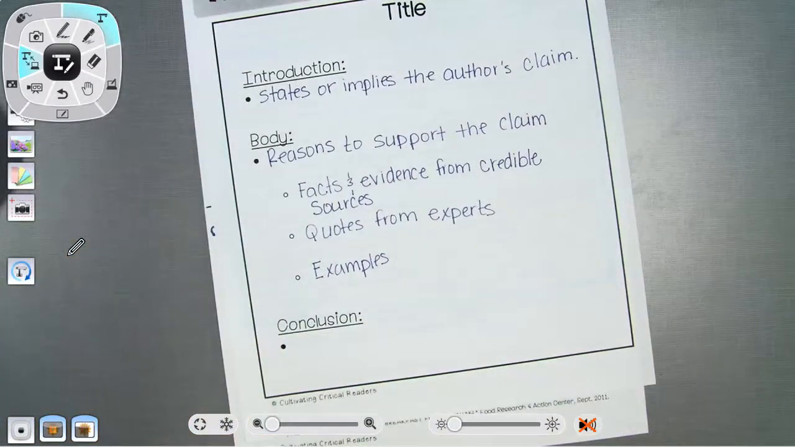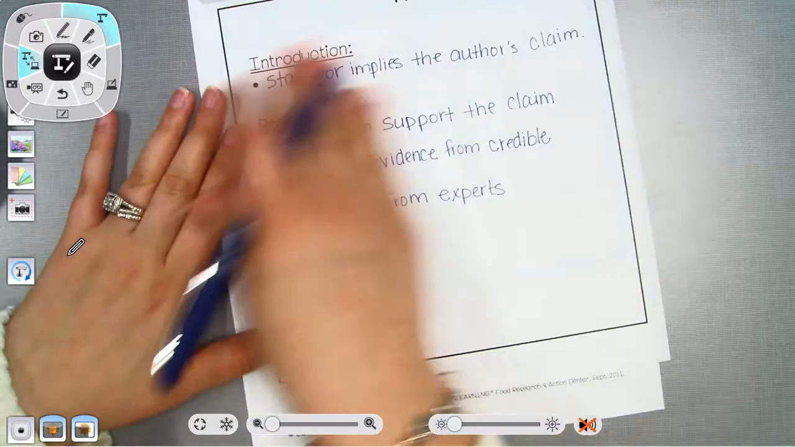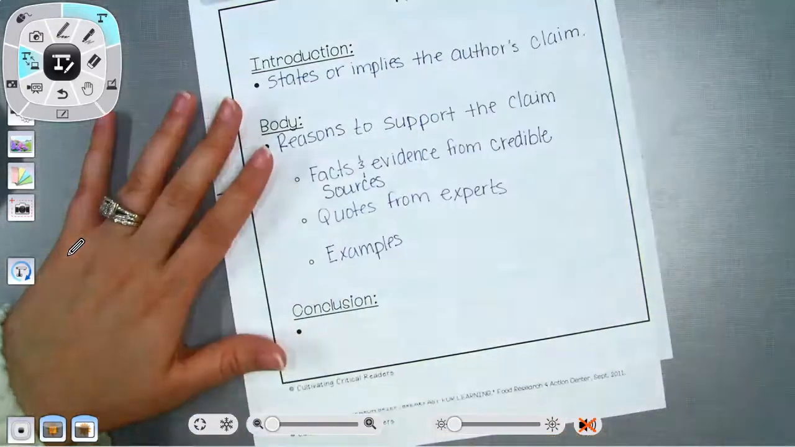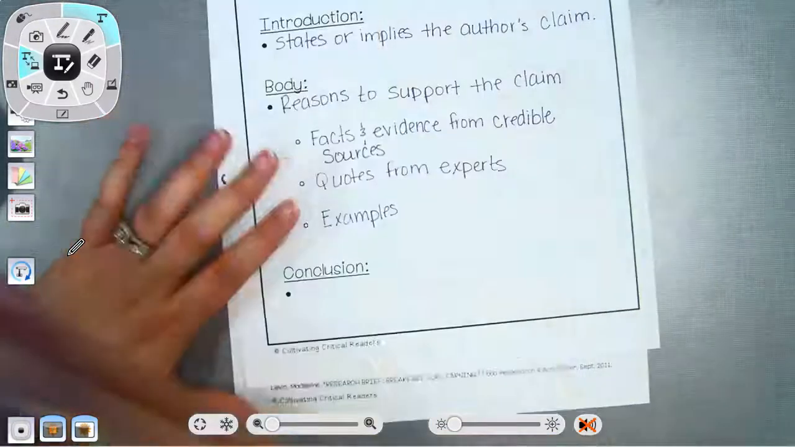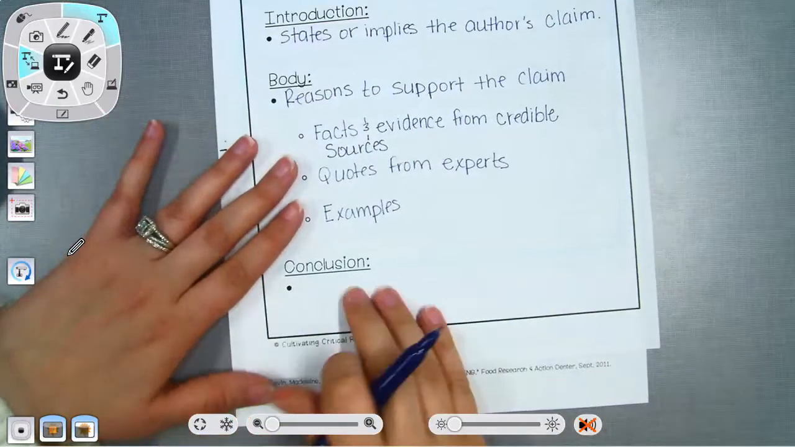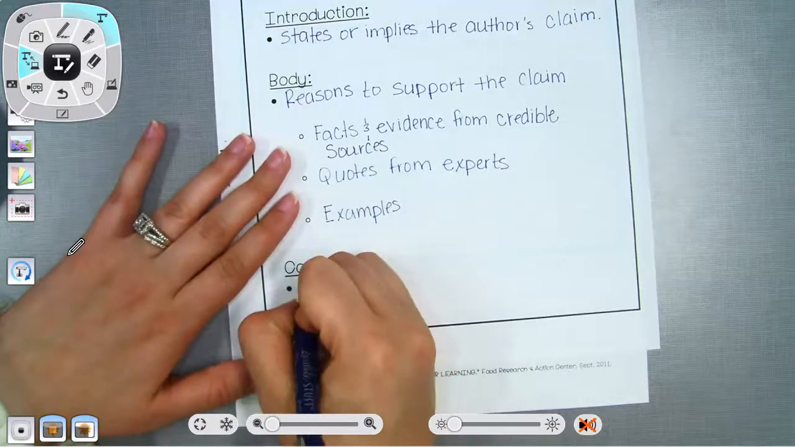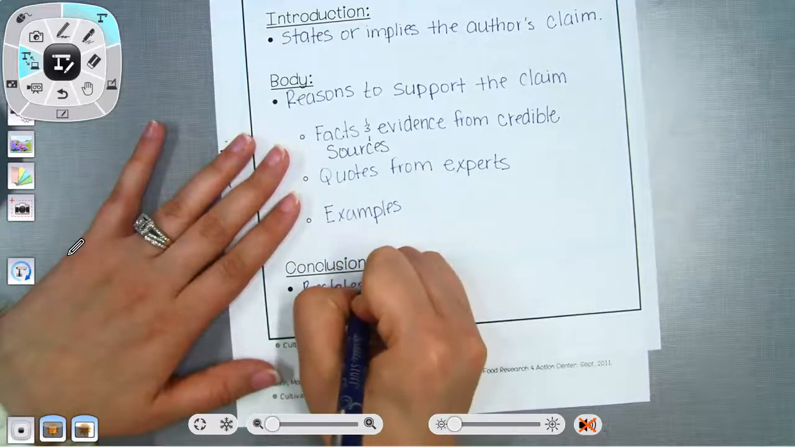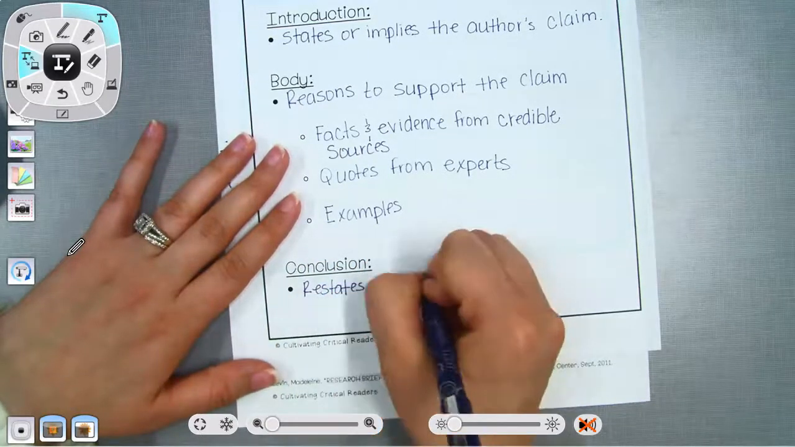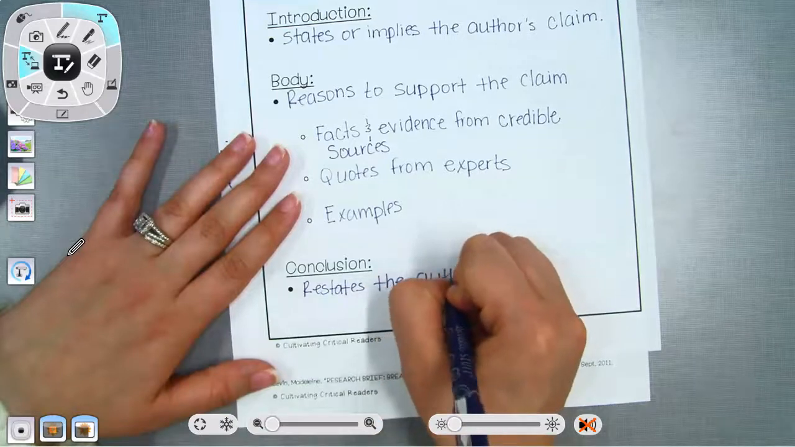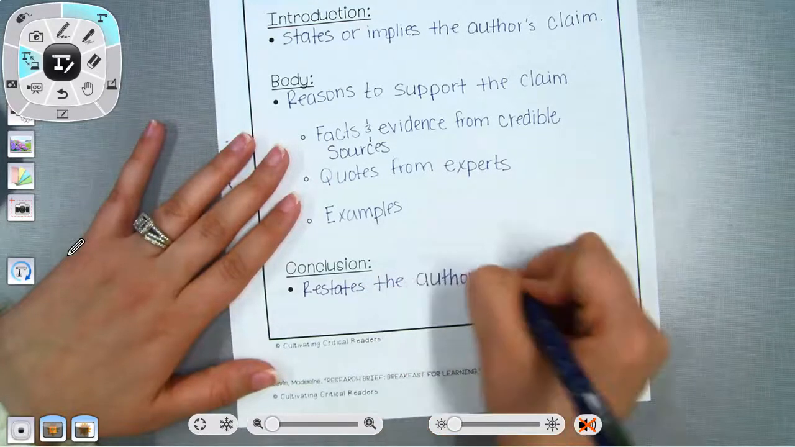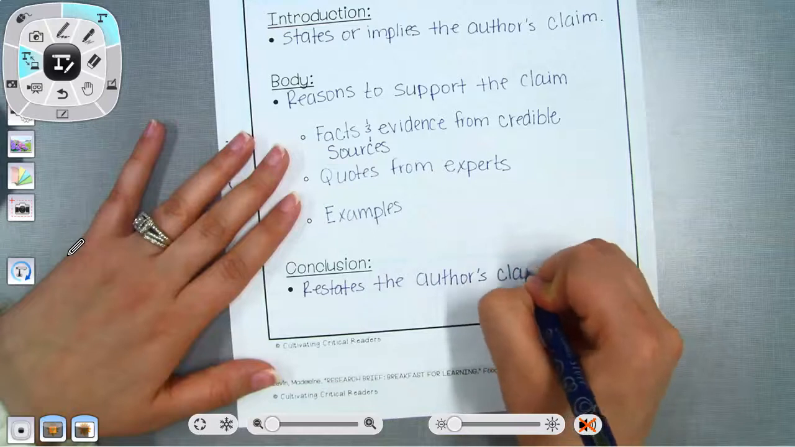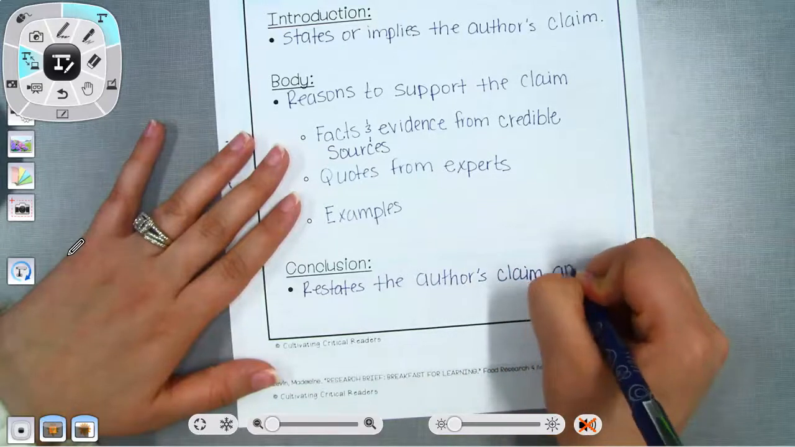Remember when we talked about conclusion in writing? That is how we close up everything. So the introduction is how we start our paper, and we're introducing to the reader what's going on, and then the conclusion is how we close it. So in our conclusion, we are going to restate the claim. The conclusion restates the author's claim and